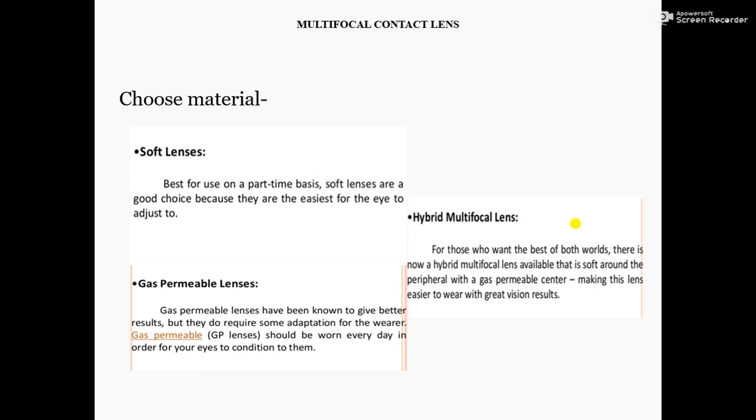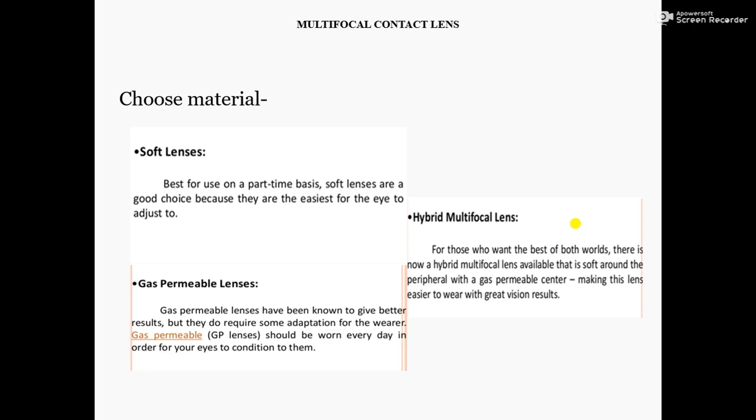Next, choose material. Soft lenses are best for use on a part-time basis. Only for part-time basis, soft material contact lenses are good. Soft lenses are a good choice because they are the easiest for the eye to adjust to.